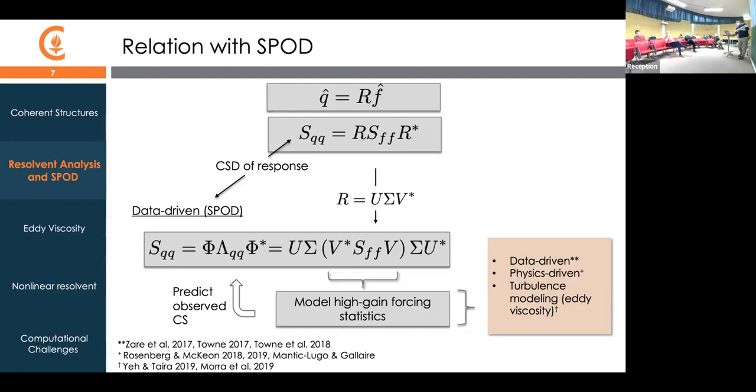And it's a little bit different from the other things because when we insert a turbulence model into this, we're not just going to modify the forcing, but we're going to actually modify the resolvent operator itself with the turbulence model. So we're going to shift terms essentially between the right-hand side and the left-hand side of the model.